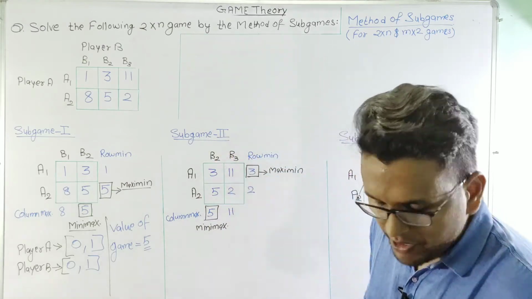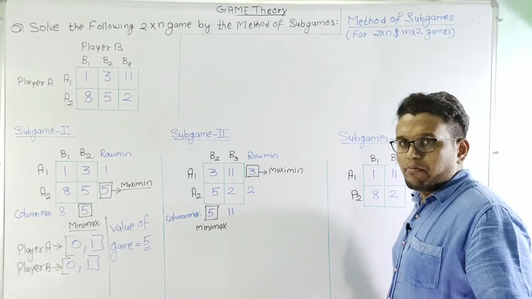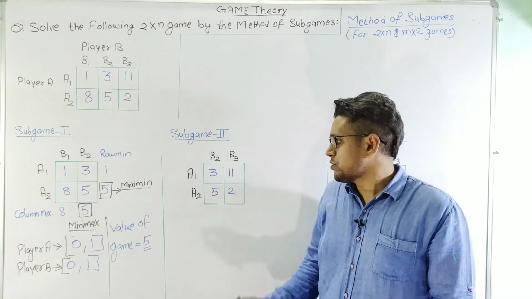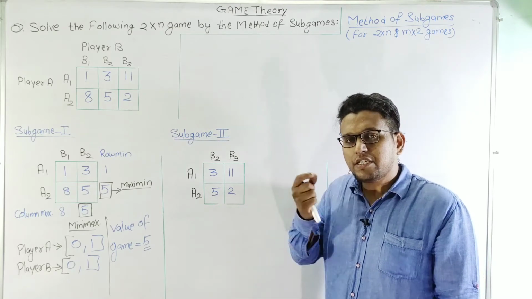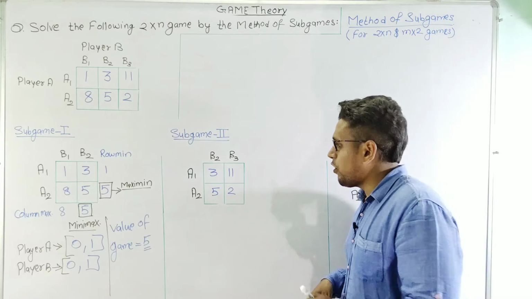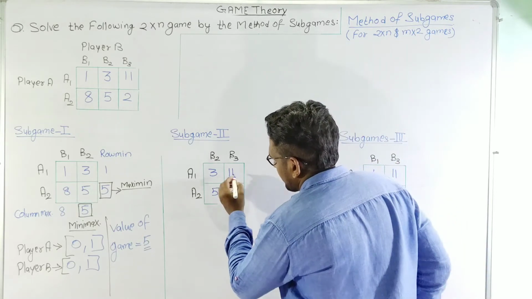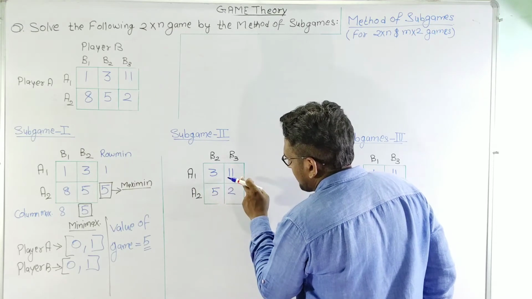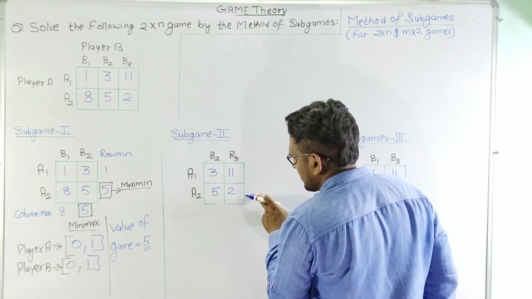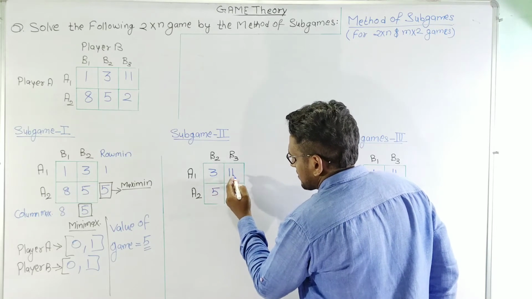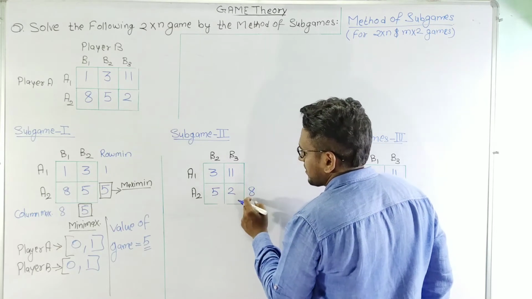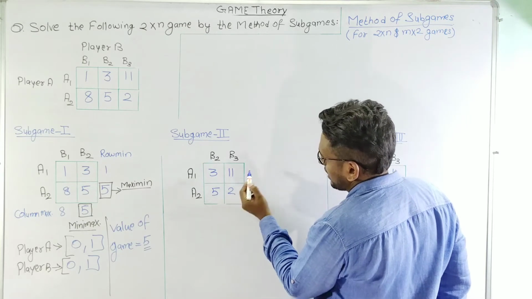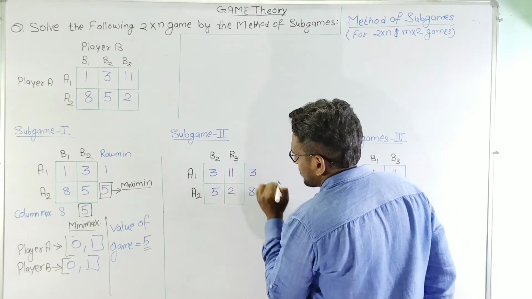So what we will do is we will try to find this by mixed strategy. Let me first erase this. Now in order to solve this problem by mixed strategy, we need to calculate the oddments here, and oddments are nothing but the difference here. So for row 1 the difference is 11 minus 3, 8, and we will write this value against the opposite row. Similarly for row 2, 5 minus 2 is 3, and 3 we will write against the opposite row.